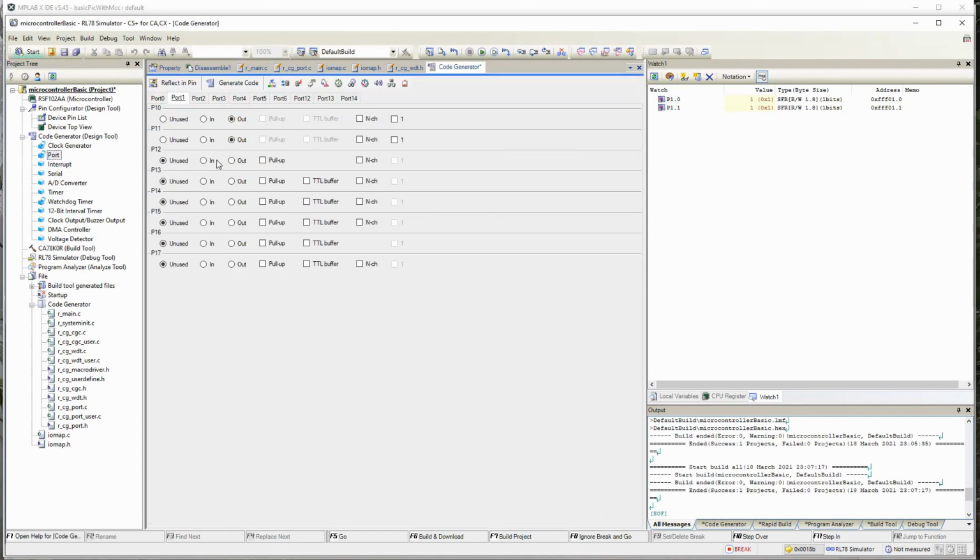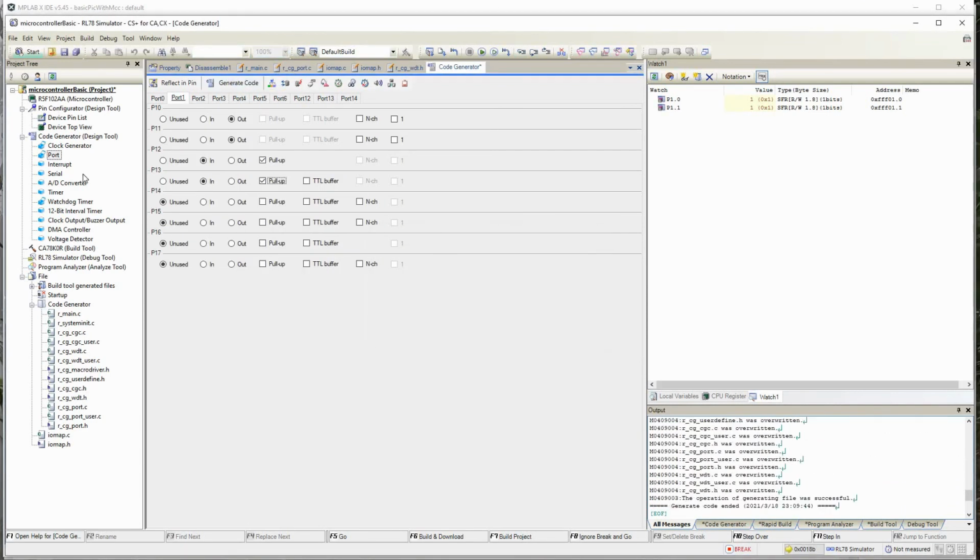So I'll go back to ports. These two, pin 1.2 and port 1.3, I'll make as input, and here I'll enable the pull-up resistor. If you enable the pull-up resistor, remember in the simulator we did in Proteus, we had put a pull-up resistor along with the switch. If the microcontroller pin has an inbuilt pull-up resistor, you don't have to use that resistor. It reduces the cost a bit and reduces the space on the PCB.